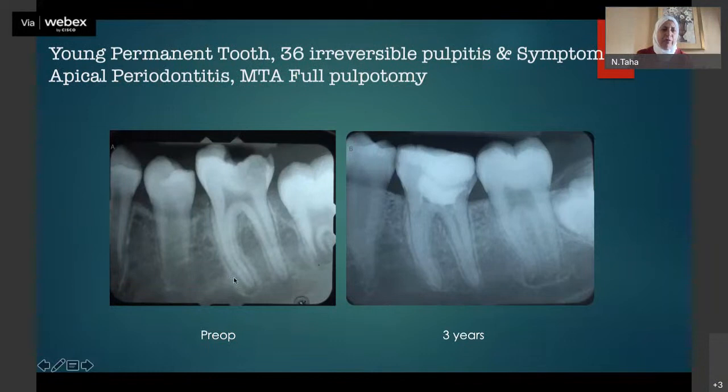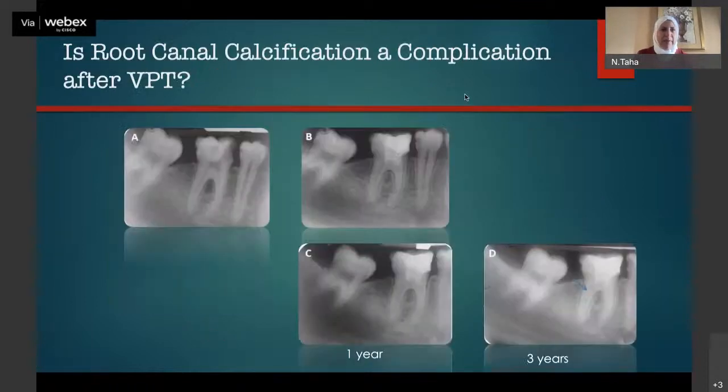This is an example of a young case with a fully formed root, but with a periapical lesion. This is the 3 years follow-up. Complete resolution after MTA full pulpotomy. This is another example. I get several questions, among them,